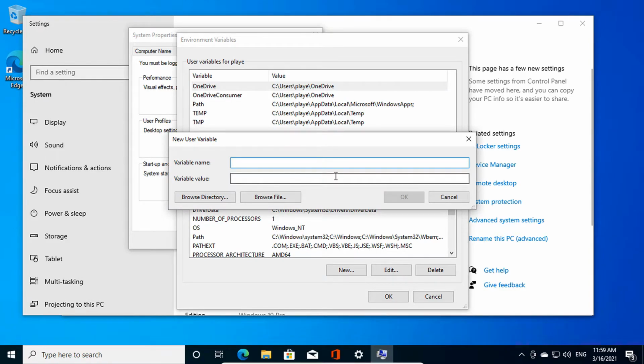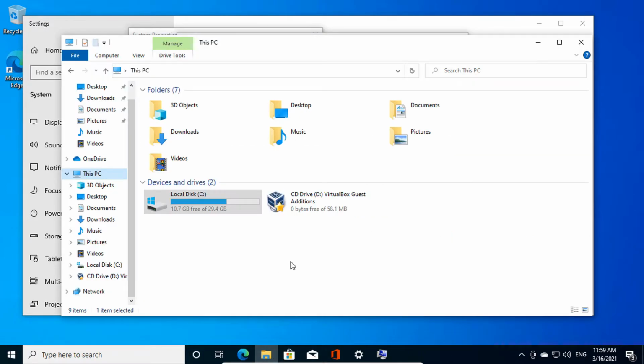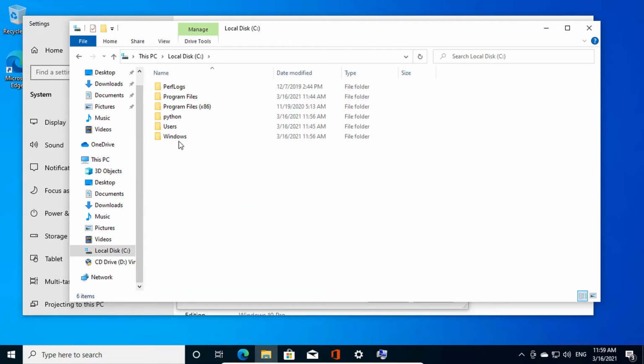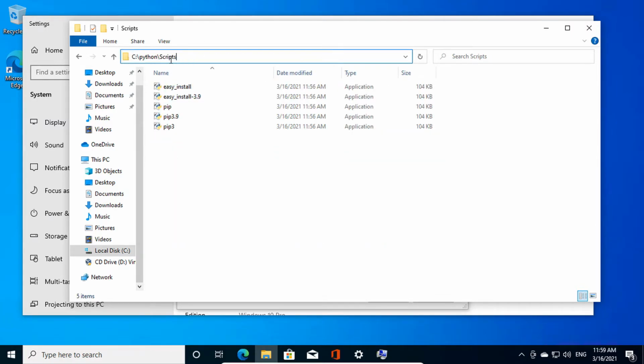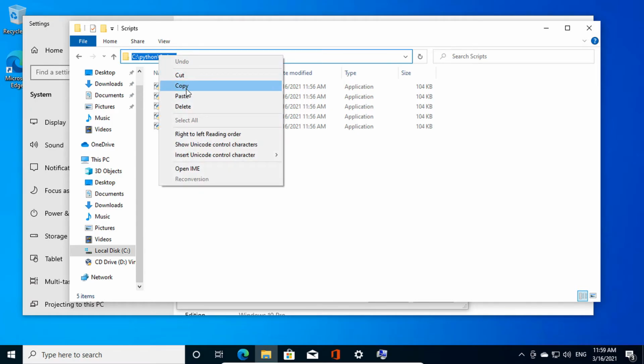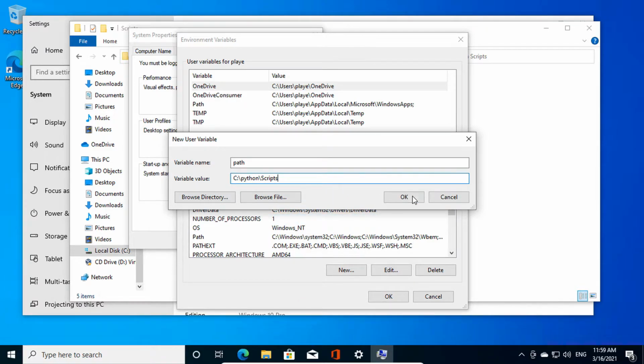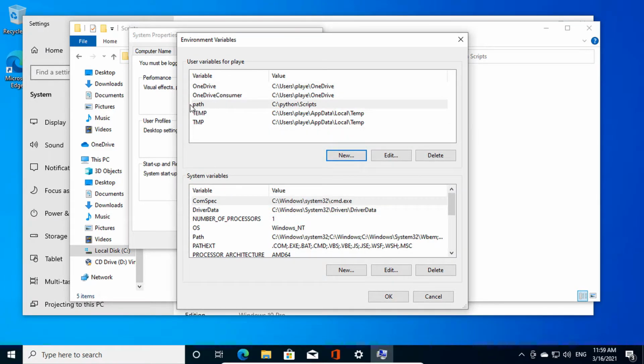Variable name, you can name it whatever you want, but in this case I will name it as path. To variable value, we have to give the path. You can take that path by navigating back to Python folder and scripts. This is the path we need. Copy it and paste it here and click OK. Now we have variable name path and its value is C Python scripts.